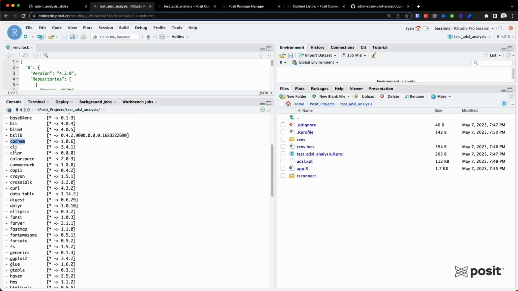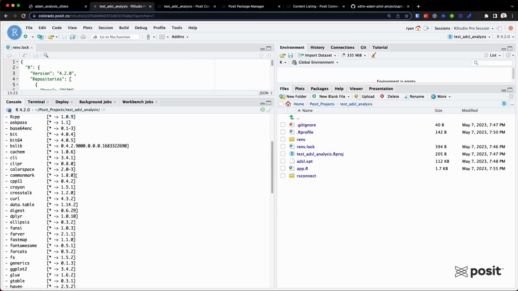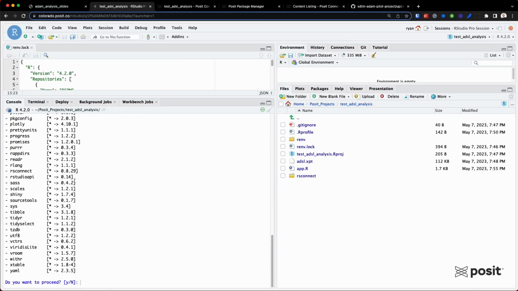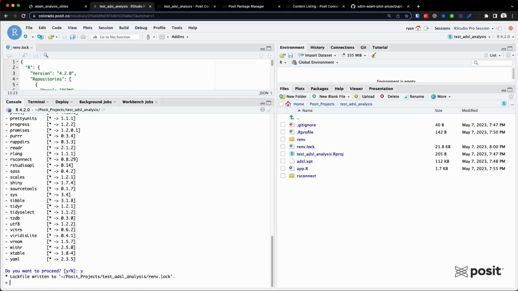It's letting us know that all these packages that are not currently in our log file, as represented by this asterisk, will be written to the log file with the version reflected in my current R environment. If this all looks good to you, which it looks pretty good to me, do you want to proceed? I'll hit Y for yes and hit enter.